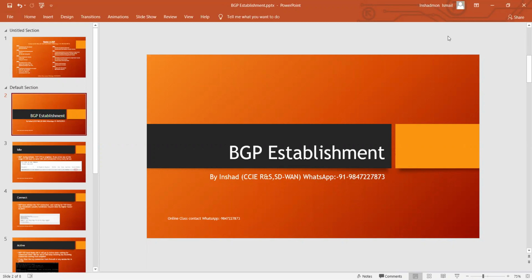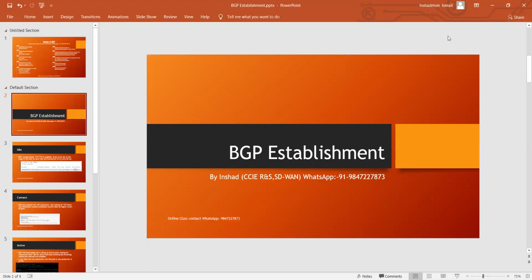Same like IGP, BGP uses certain steps to establish the peer relationship. This will help you understand and troubleshoot BGP peer related issues. The main difference between BGP and IGP is neighbor discovery. IGP uses multicast to automatically discover the neighbors. Suppose you enable the network command under the OSPF or EIGRP process, it will automatically discover the neighbor using multicast.